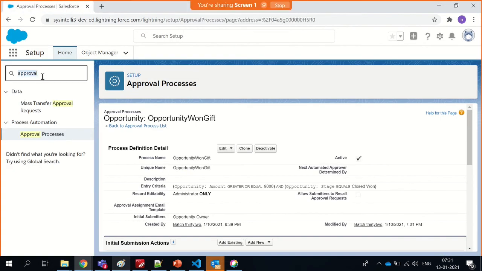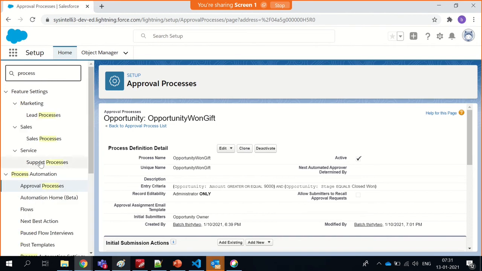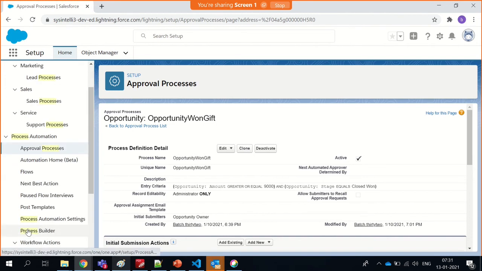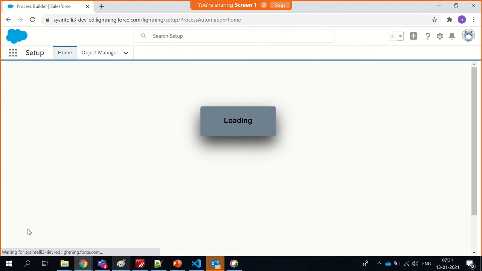So now what I'm trying to do is, I have a Process Builder now. So in this Process Builder, what we can do is